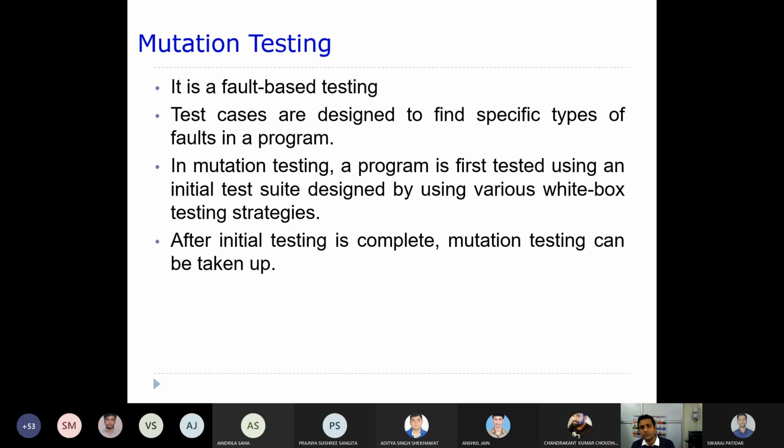Why you go for mutation testing is to find certain types of errors, right? What you try to do is start with your initial test suite, whatever you have designed, maybe based upon white box testing strategies. First they will be tested on the program, right? After initial testing is complete, then we will go for mutation testing, right? So now,